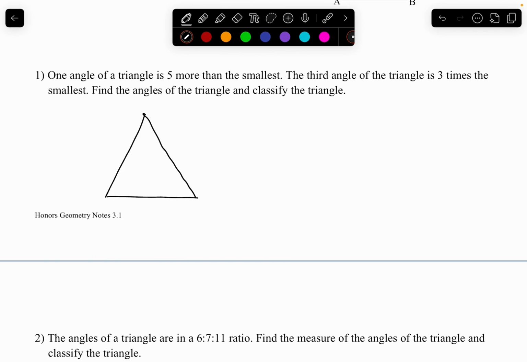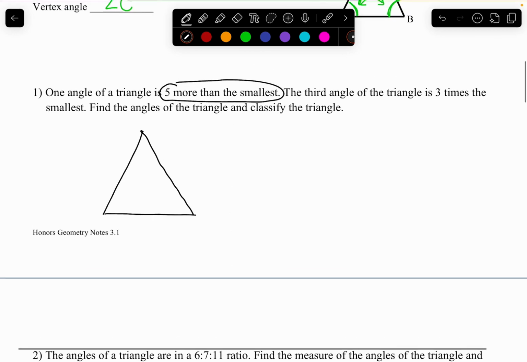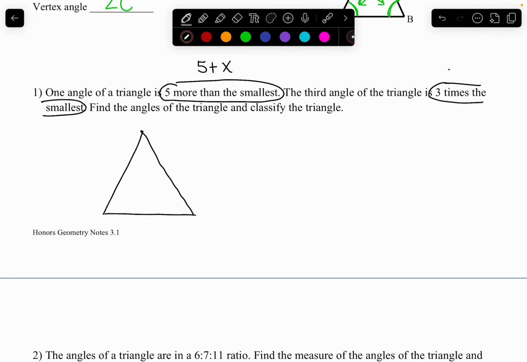So when I read this, I know that one angle is 5 more than the smallest, so this is going to be 5 plus something. We don't know what the smallest is, so we're going to say that the smallest will be noted by the letter x. It says the third angle of the triangle is 3 times the smallest, so 3 times the smallest would be 3 times x. So when I plug these things into my triangle, we've got 5 plus x and then 3 times x, but